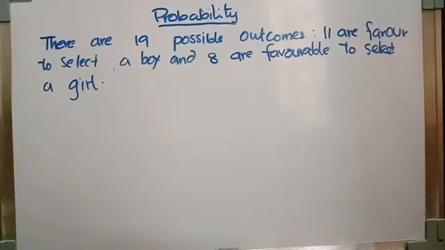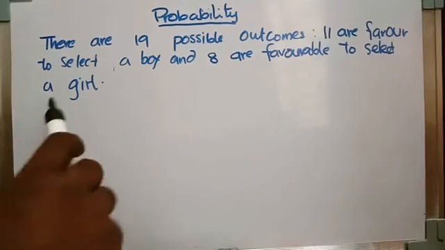Question: there are 19 possible outcomes. 11 are favorable to select a boy, and 8 are favorable to select a girl. So here you can find two events, that is to select a boy and select a girl. So here you can find a few answers like what's the probability